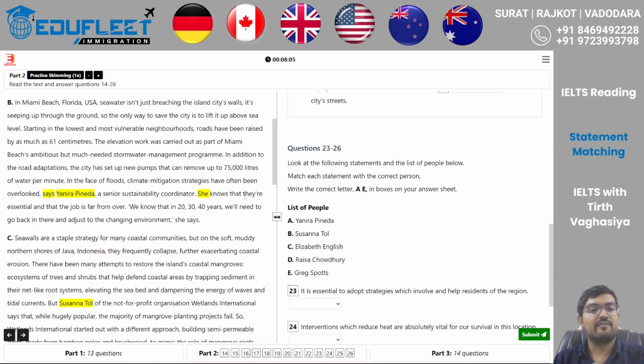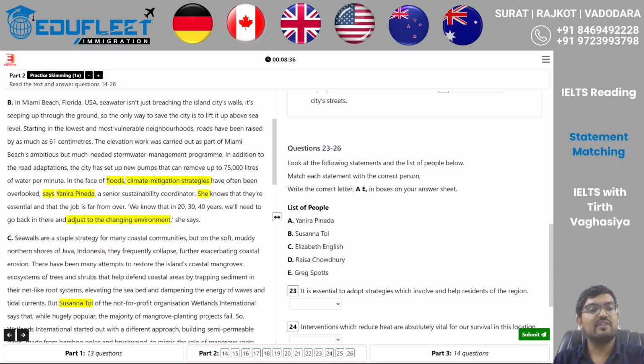She knows that they are essential and that the job is far from over. We know that in 20, 30, or 40 years, we will need to go back in there and adjust to the changing environment. So they're saying we need to pay attention to this climate mitigation strategy, but in times of flood, we are ignoring it. And she's saying that we will have to adjust to the changing environment. Okay, so